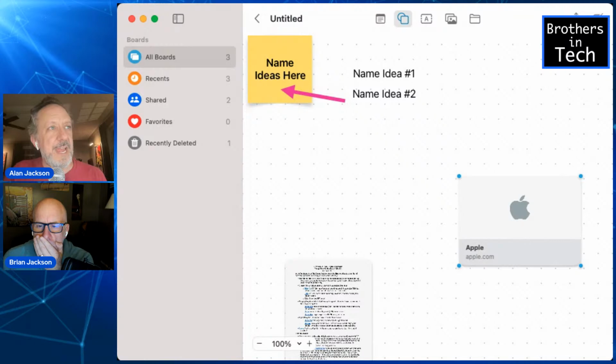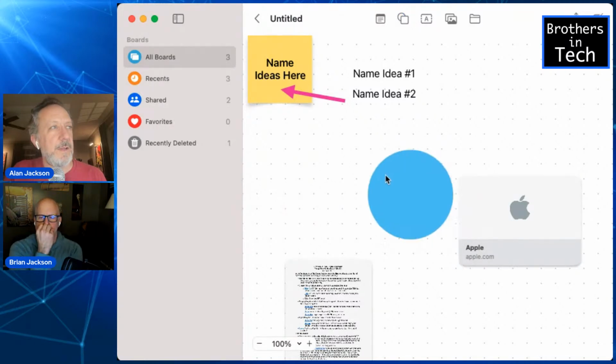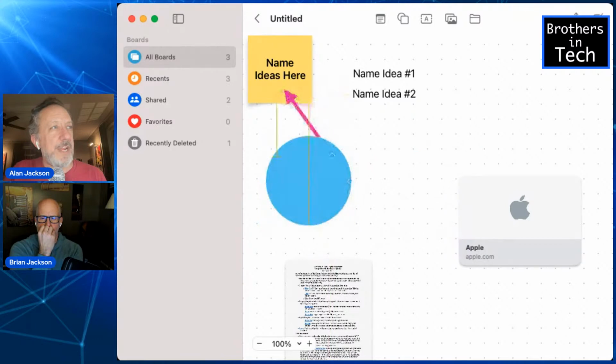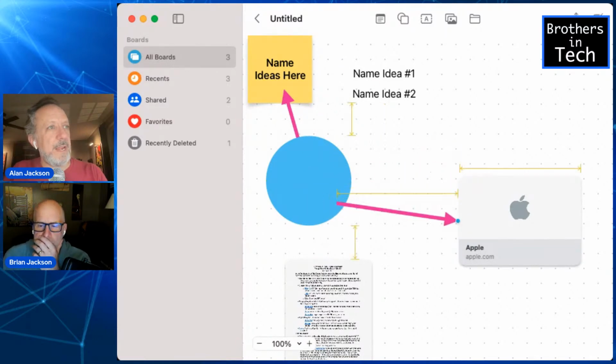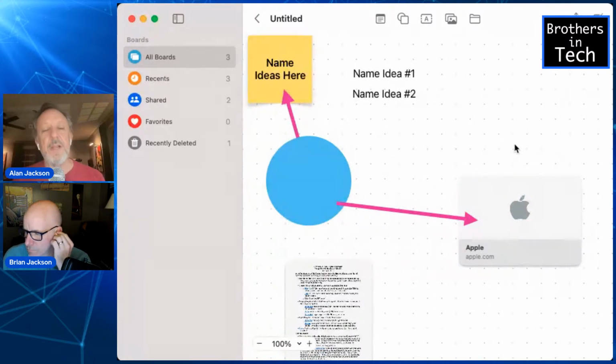Let's do some other shapes. If I want to do a circle, I'm going to put it here. I'm going to make that arrow. I'm going to change it and have the arrow coming from this. I'll copy this and paste this and put another one here to point to the website. Again, imagine people collectively looking at this and being able to throw some of their own things on here. This is where